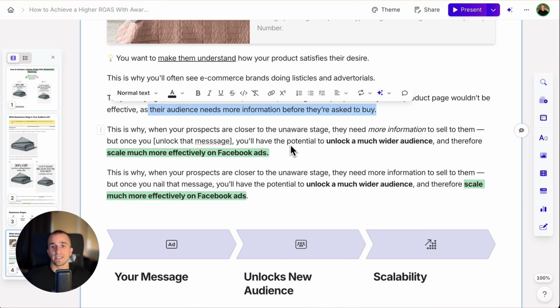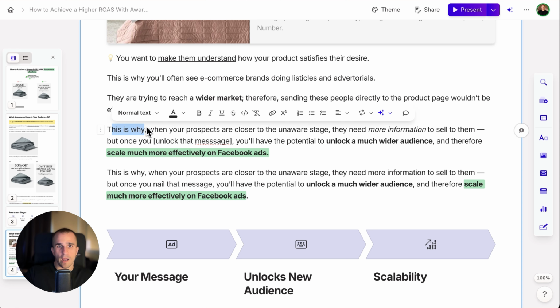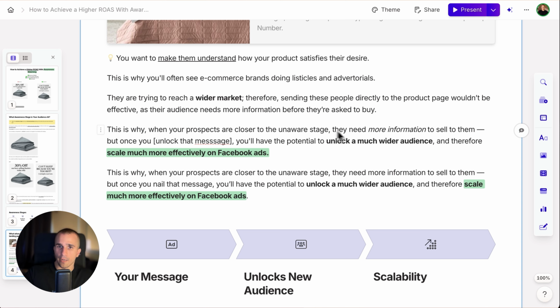So sometimes you will see e-commerce brands that when you click on the ad, the landing page is the advertorial, which is a heavy text page. And what it's doing there, it's just educating people more on the solution, and therefore it helps these people move throughout the funnel and finally making them convert. So this is why when your prospects are closer to the unaware stage, they need more information to sell to them. But once you unlock this message, you will have a potential to unlock a much wider audience and therefore